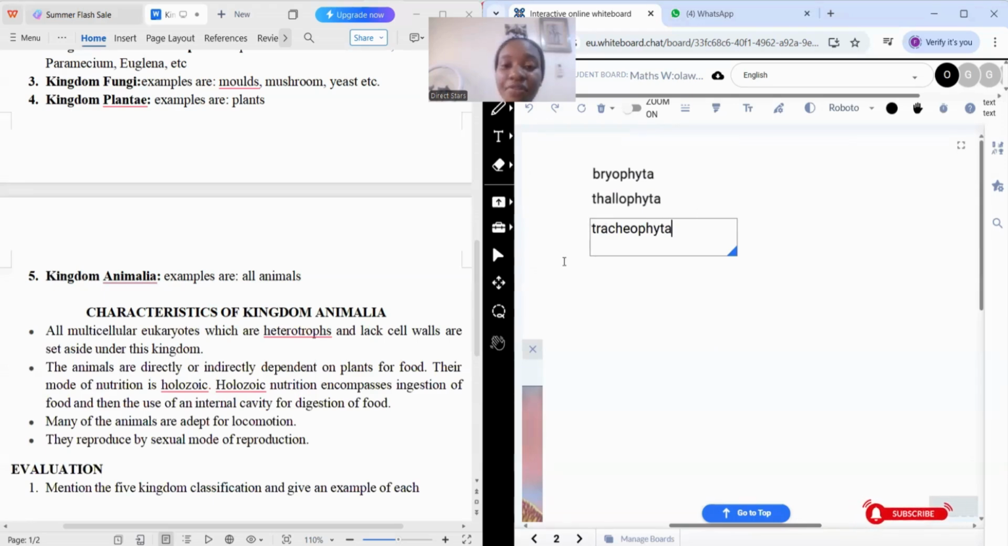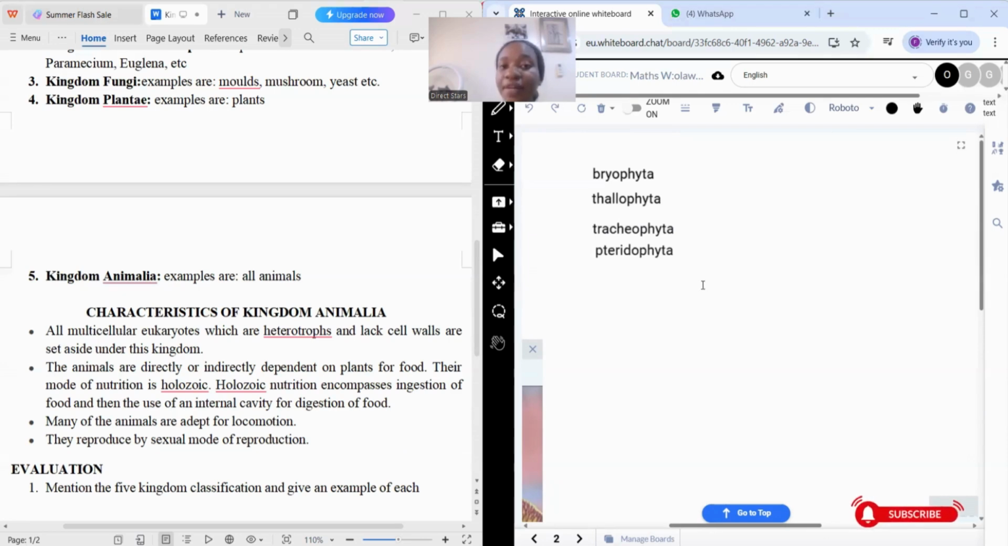And we also have the pteridophyta. Okay, so these are all examples under the kingdom Plantae. So there are some plants that are classified based on the way they are as bryophytes, as thallophytes, as spermatophytes, and pteridophytes. So even further subdivisions,